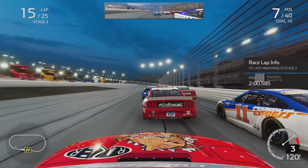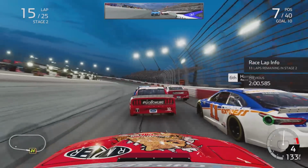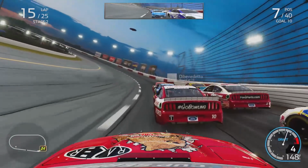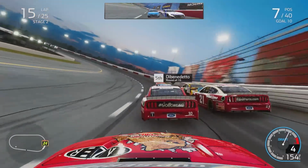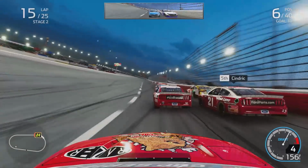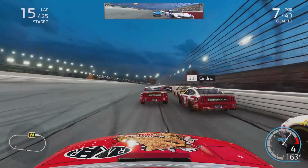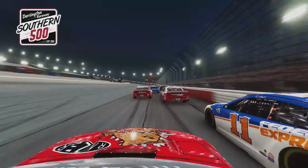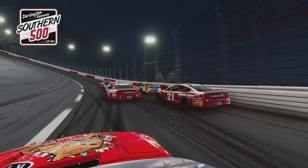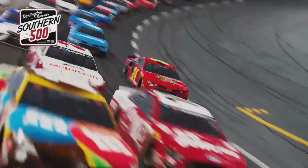Suarez on my outside now. Hamlin trying to hold us off in that 6th position as we're right behind the 10 of Matt DiBenedetto. Truex still leads away, having a tremendous first race of the playoffs so far, picking up that stage 1 victory, and has just really been dominating here as we came through out of turn 2, going down this back straightaway. Elliott there in that 2nd position, passing Kyle Busch now as we go down towards turn 3, right at that quarter panel of the 11 car in that Federal Express paint scheme here as we came through the center of